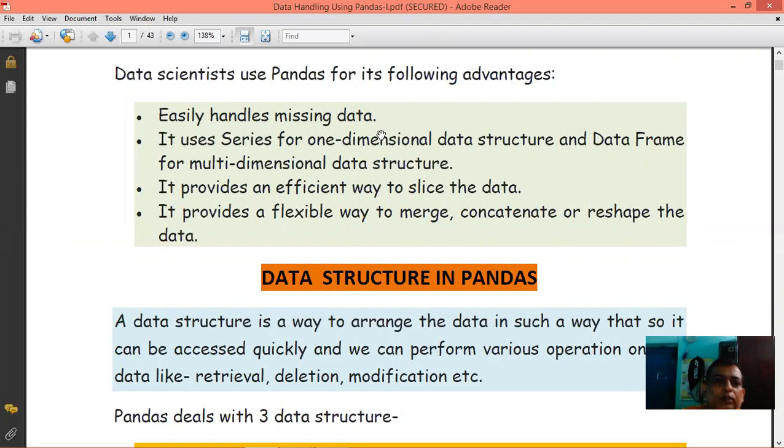It uses Series for one-dimensional data structure and DataFrame for multi-dimensional data structure. And these two data structures only we have to cover in our syllabus, that is Series and DataFrame.